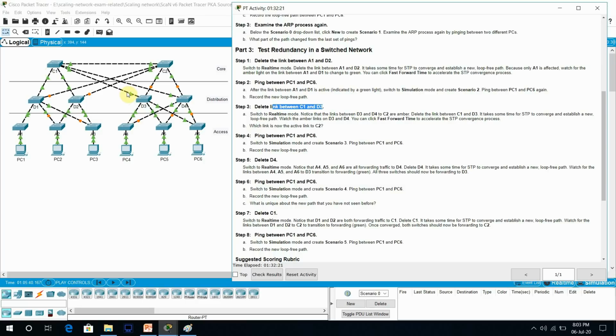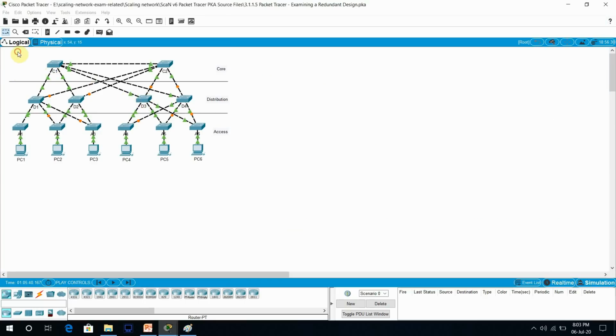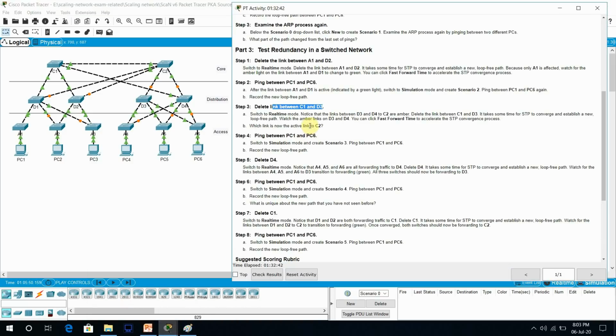Okay, so the other link must be active. So C1 to D3, let me delete this link. Now you can see it has only two links available to forward the path.